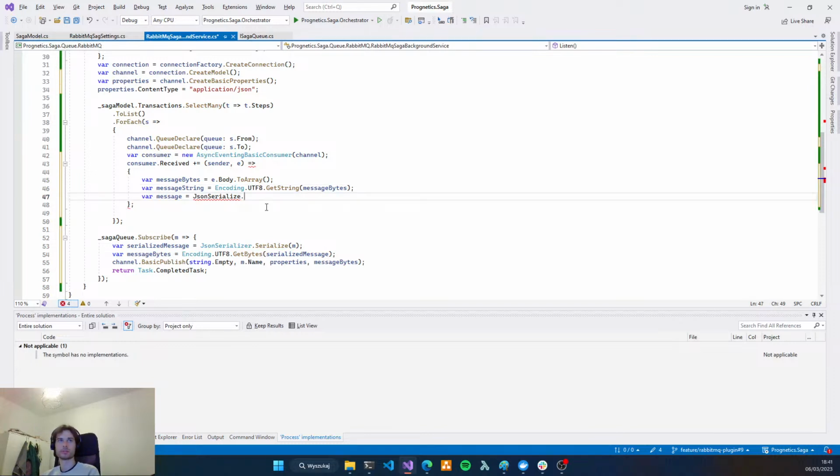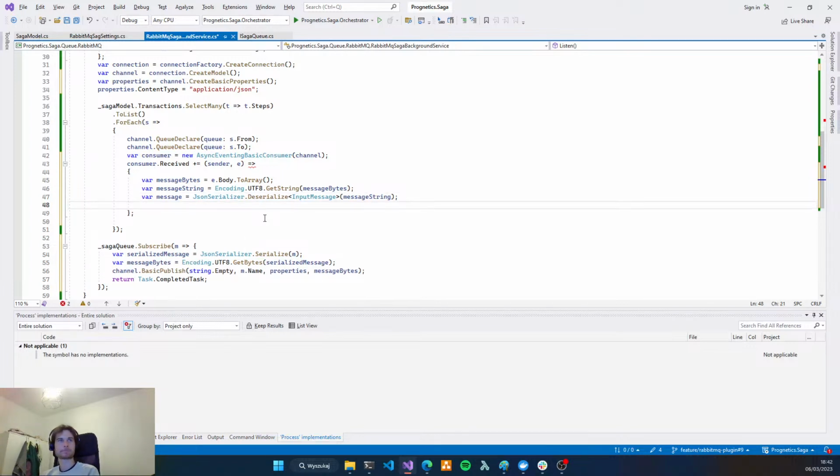Now we want to deserialize this into our input message. Serializer, okay, and we have an input message. We want to pass it into our SAGA queue. So let's push it, message.